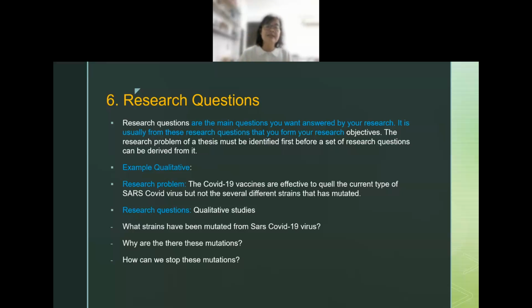For instance, what strains have been mutated from SARS? So you have to ask number one question, maybe 4 questions from each of these research questions to get answers from your subjects, because research questions are going to guide the kind of questionnaire that you will ask your subjects. They are guides. They are not the real questions. I underline again, research questions are the guide to your questionnaire, what you want to find out.